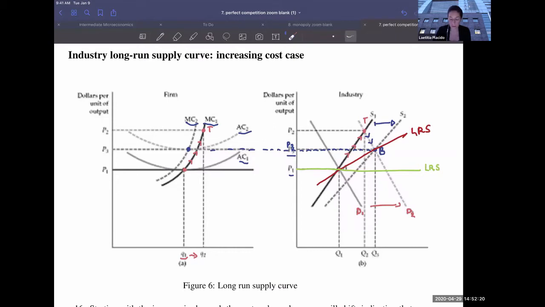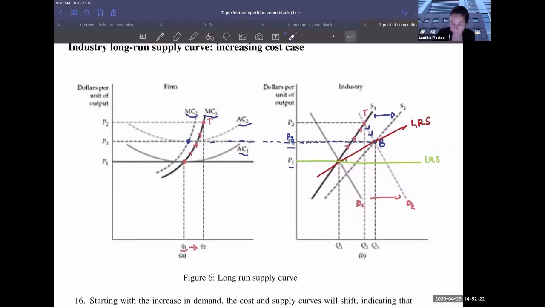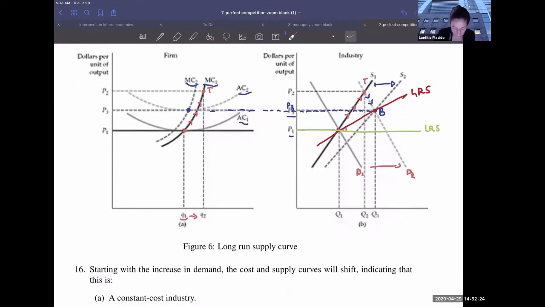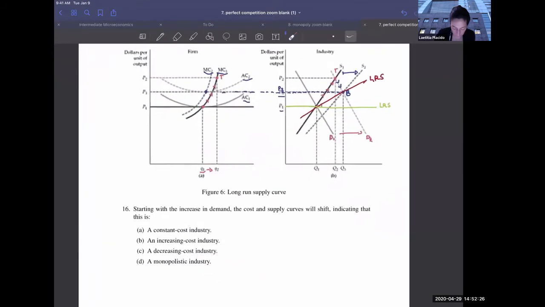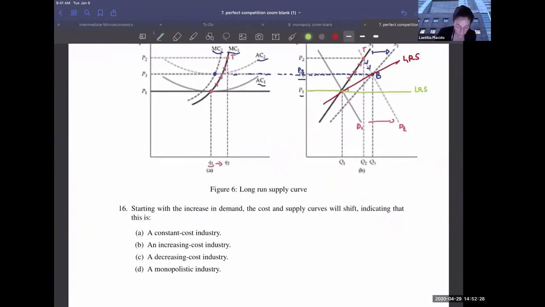Do you have questions on this? Okay, so the answer to question 16 here is that we are in an increasing cost industry. Okay. Questions? No questions. So I'm going to move to